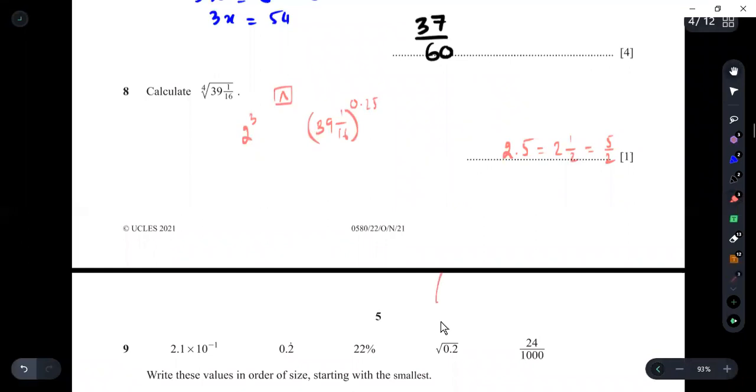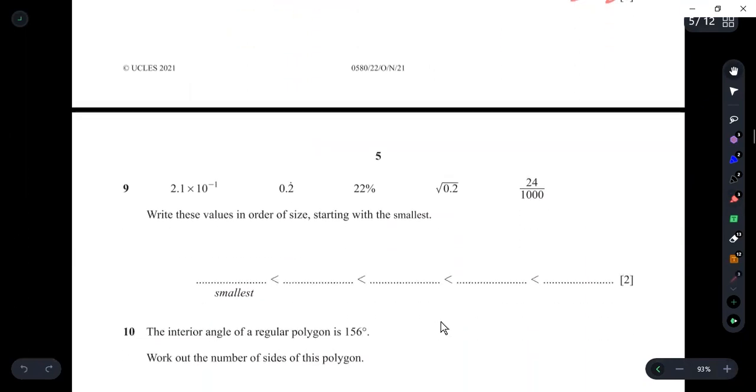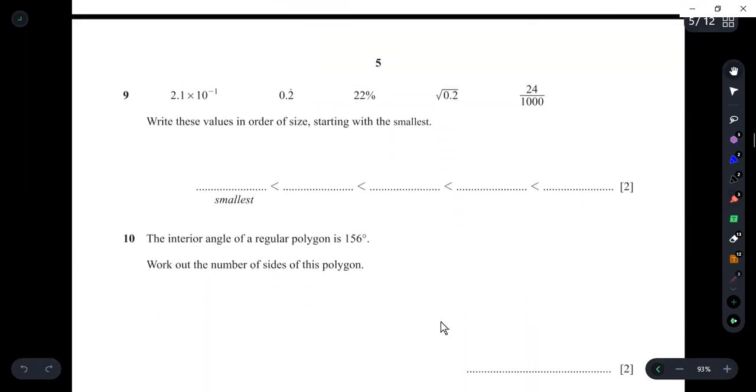Question number 9. Write these values in order of size, starting with the smallest. So what we can do is write all of them in simple decimal form, like 2.1 multiplied by 10 raised to the power minus 1. Multiplying by 10 to the power minus 1 means dividing by 10, which gives us